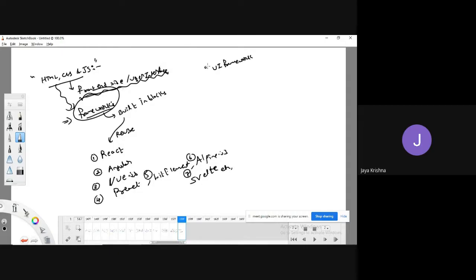Okay, so we have to select the best user interface framework, and what kind of grid system I have to follow to make it more flexible, what kind of font styles I need to follow, and what sizes I need to set in order to make the user feel happier, and how my navigation bar should be placed. All these things you have to design, and how the button should be displayed, how the side panel should be displayed. We have to think about everything from the point of view of the user.